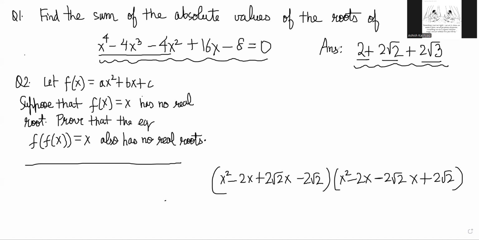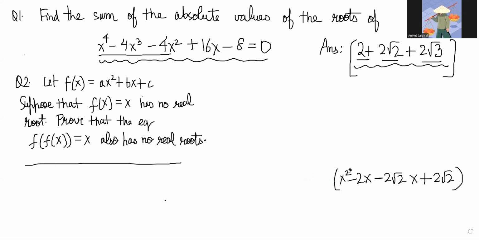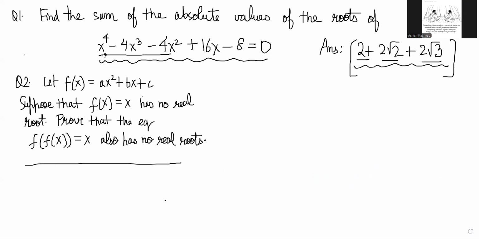ये आंसर आ रहा है किसी का? सर ये क्वेश्चन समझ में नहीं आया। ये वाला पिछला वाला आंसर आ रहा है। हाँ वो निकल गया सर, ये वाला बता दीजिएगा कि आपने लिखा एफ ऑफ एक्स ए एक्स स्क्वायर प्लस बी एक्स प्लस सी एंड फिर एफ ऑफ एक्स एक लीनियर फंक्शन है जो एक्स ही है। तो क्या बोल रहे हो? लीनियर फंक्शन कहाँ से हो रहा है? सर आपने लिखा है ना एफ ऑफ एक्स इज इक्वल टू एक्स।